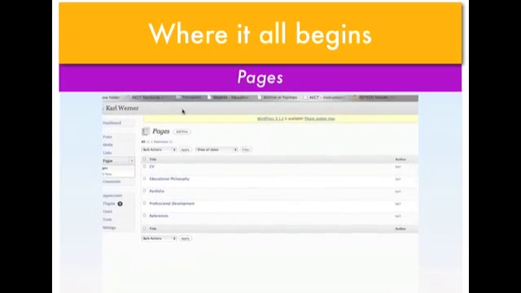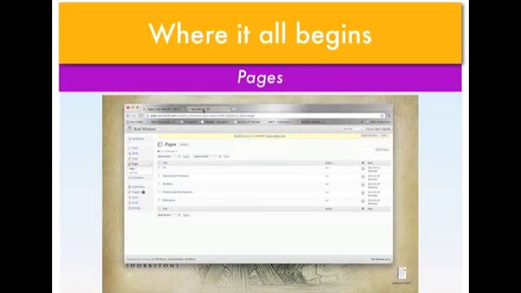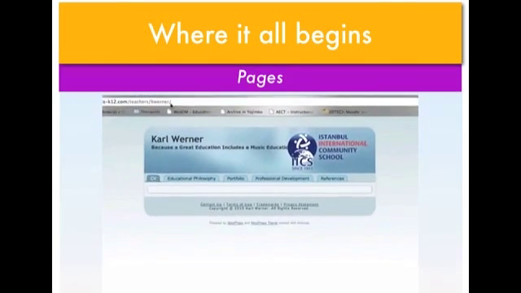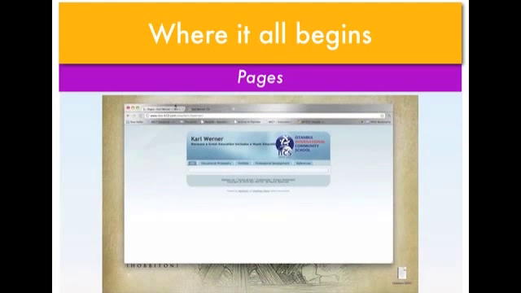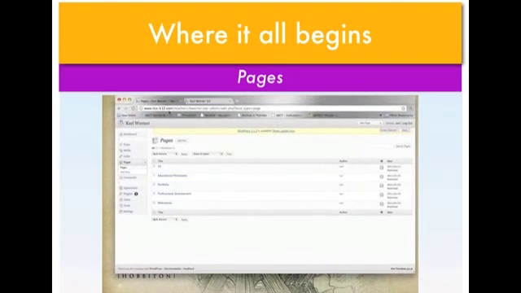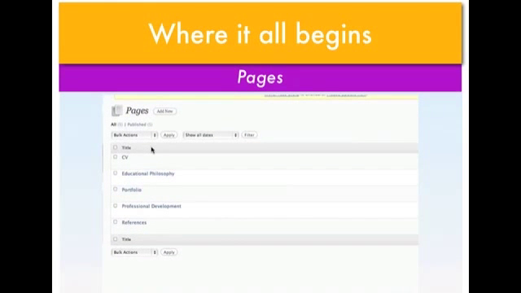And if you click your front-end tab that I asked you to open before, you'll see that the tabs at the top of the pages correspond to those tabs or pages here. Okay, and you'll also notice that if you hover over the name that you get some options down here, Edit, Quick Edit, Trash, and View. So let's click on Edit under CV,